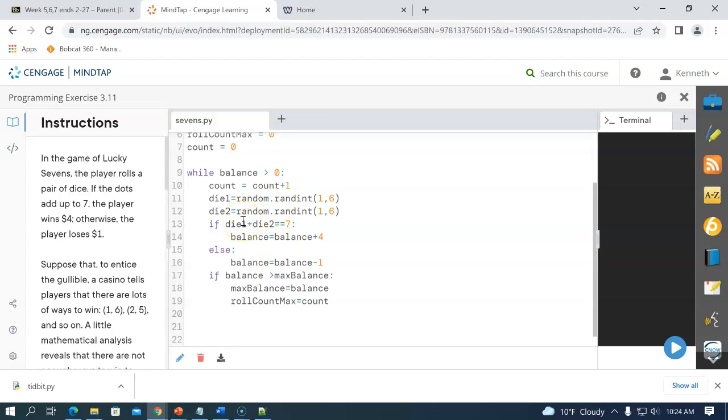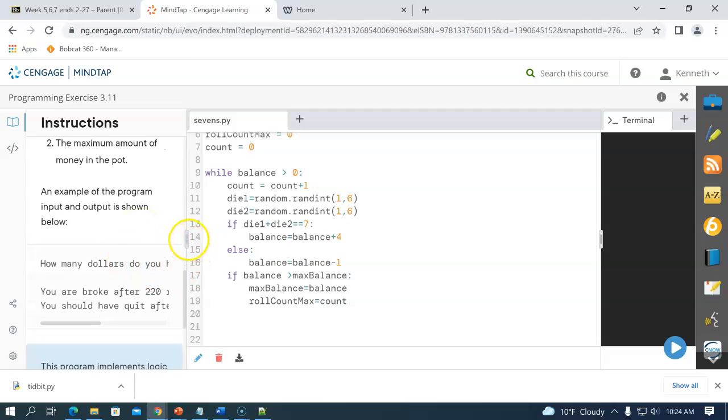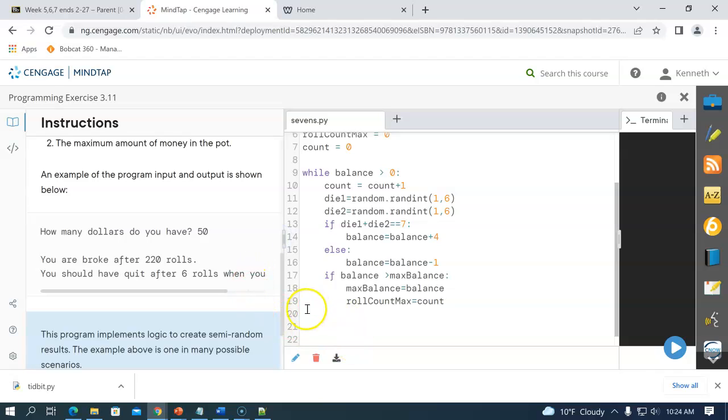And so then we need to come up with a print statement that outputs all this data for us. So let's see what they look like. How many dollars do you want to do? So we just need to come up with a way to say print you are broke after, and that would be that roll count max rolls,